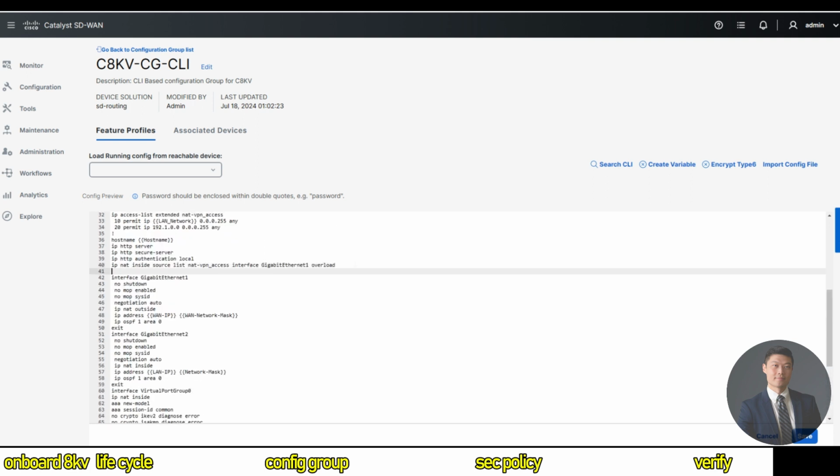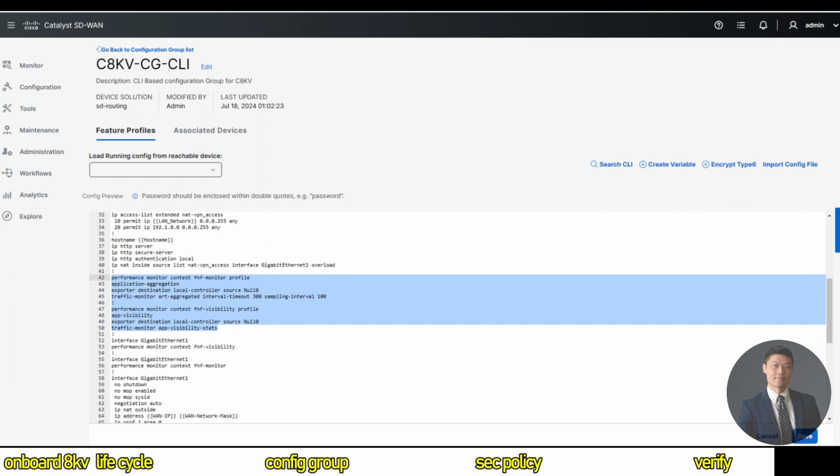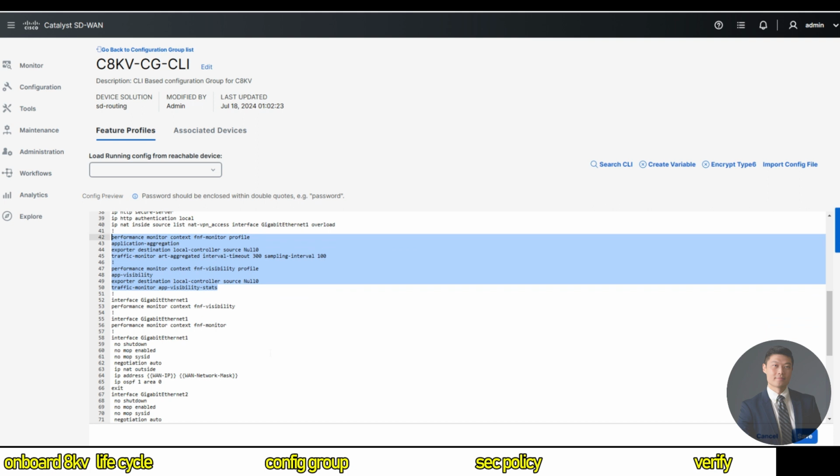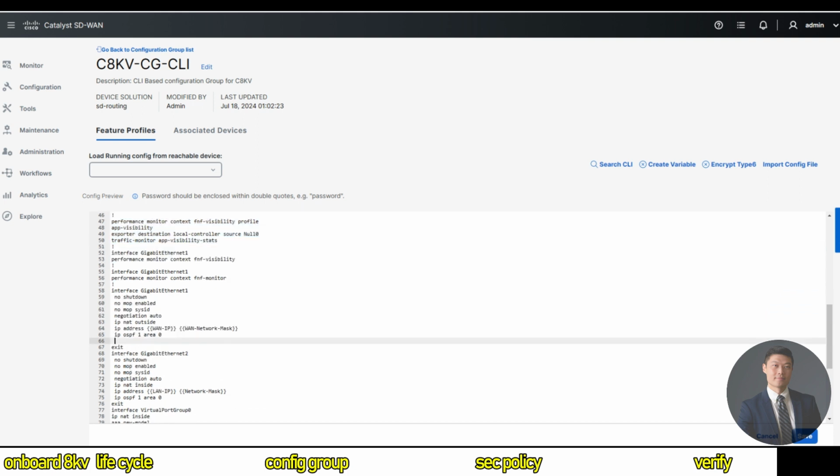After net config, add an exclamation mark here. Copy and paste this configuration after the net command line, and go down to interface 1. After OSPF advertisement, we're going to say